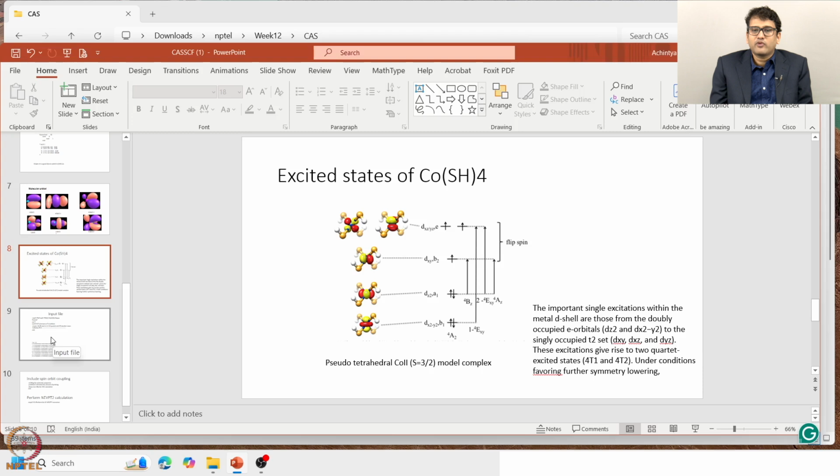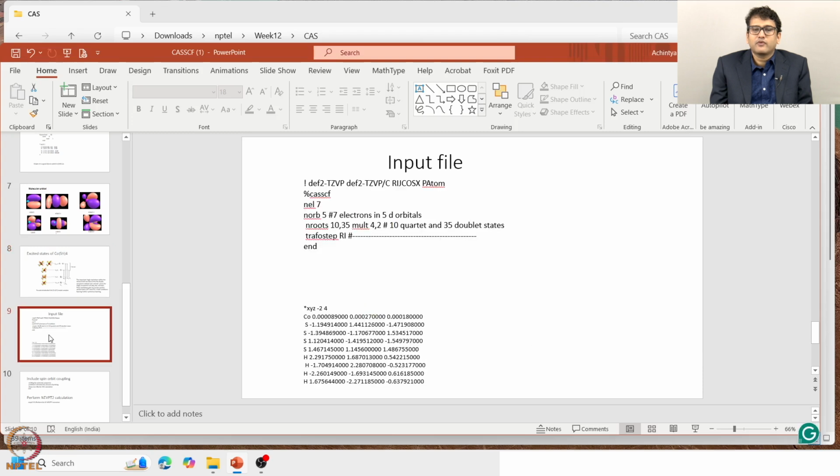So, if I now come to the input file, it is 7 electrons and 5 orbitals. Now, I need 10 roots. So, I am going to calculate 10 roots of multiplicity 4 and 35 roots of multiplicity 2. So, you can actually calculate more than one multiplicity at a time,